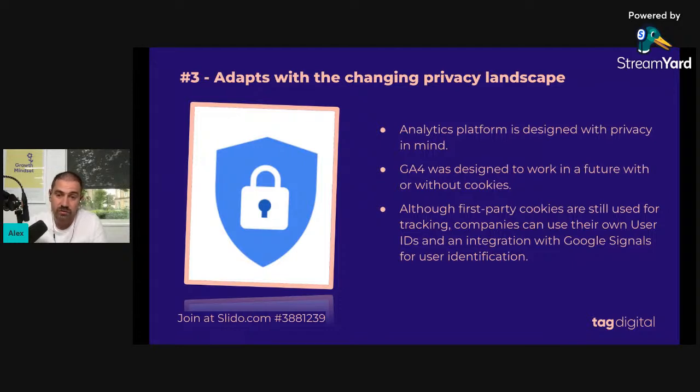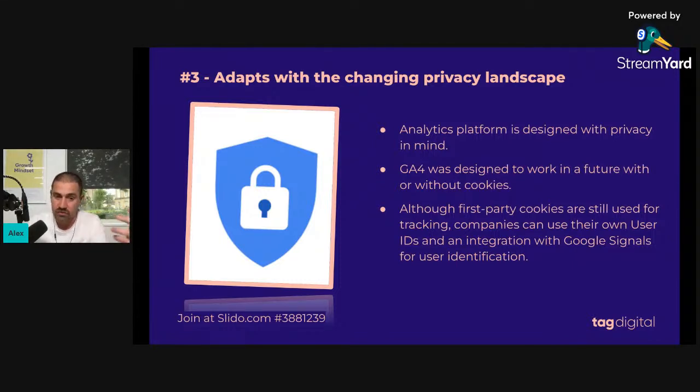Although first-party cookies are still used for tracking, companies can use their own user ID or integration with Google Signals for user identification. And there are a few changes in GA4 to take into consideration for new privacy requirements.